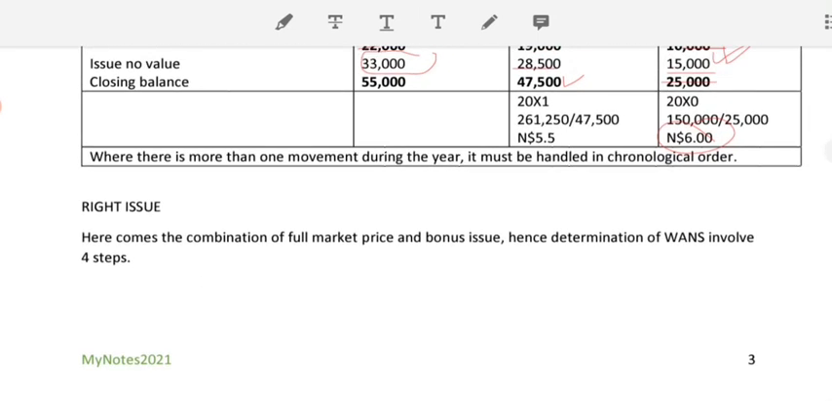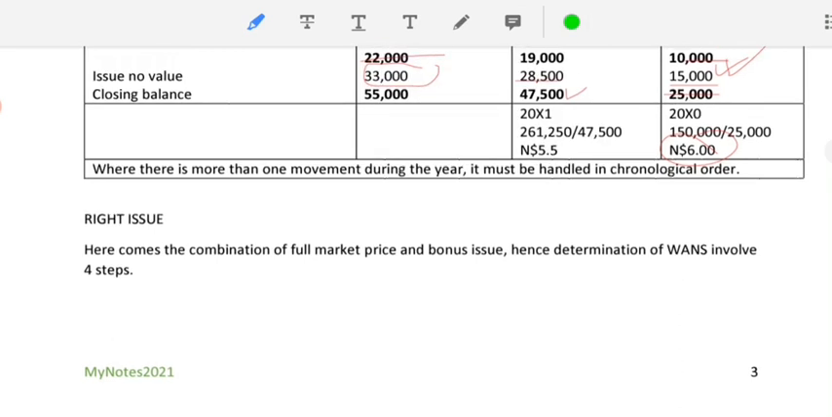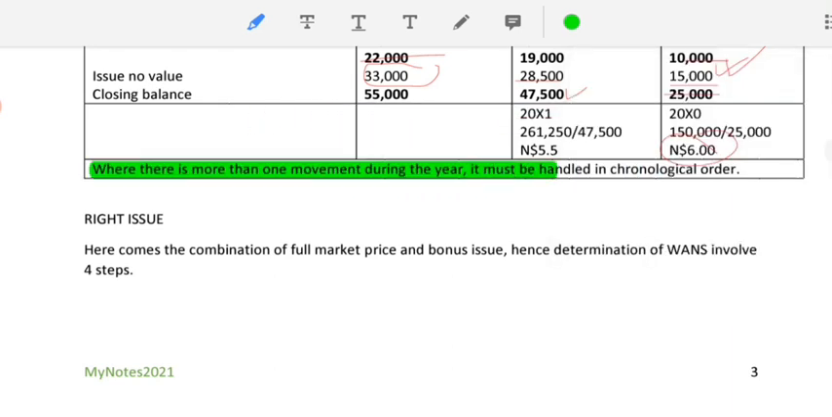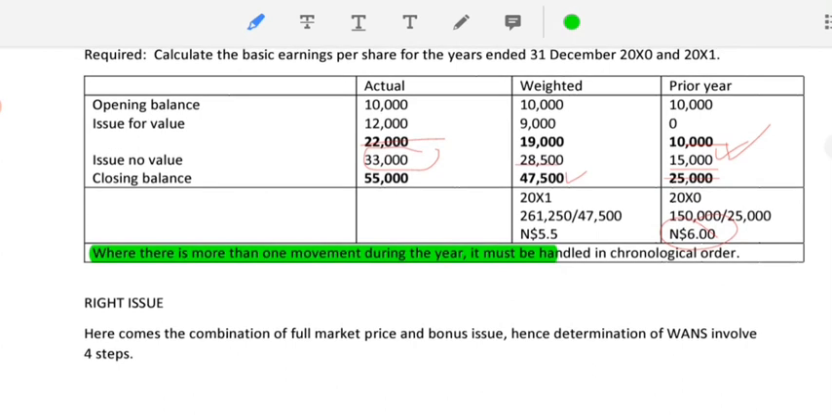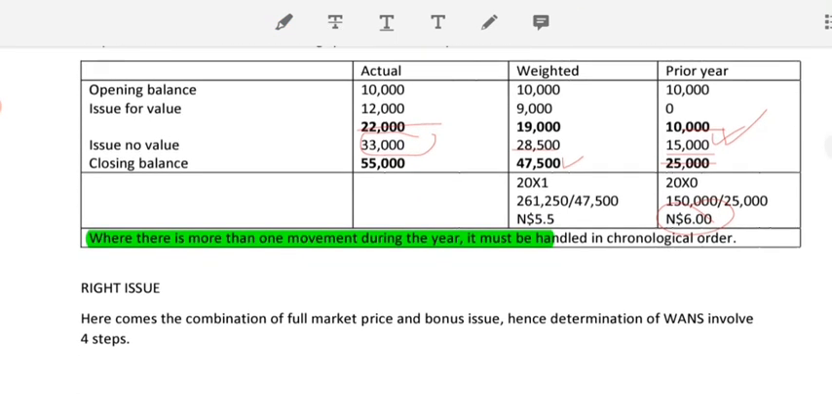And something important here. It's very important that if there is more than one movement during the year, we have to handle it in chronological order. That's the same as we do, because the issue for value is the one that comes first, on the 1st of April, it is the one we do first, we get the balance, and then followed by the one split that has taken place in June. That's what we mean. Okay, let's move on